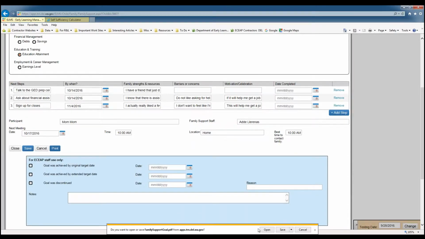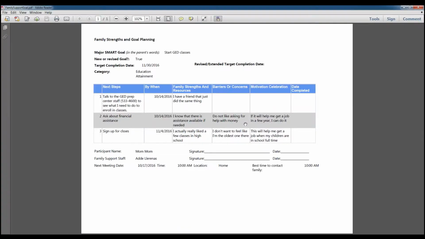And you can see that it brings up this pop-up down here again, so I'm just going to click open. And it does show the major SMART goal in the parent's words here. But this is a new goal, that's why it says true. That the target completion date is the end of November, and that the category is education attainment. And you can see our steps, lists with the family strengths and resources, barriers or concerns, and motivation and celebration